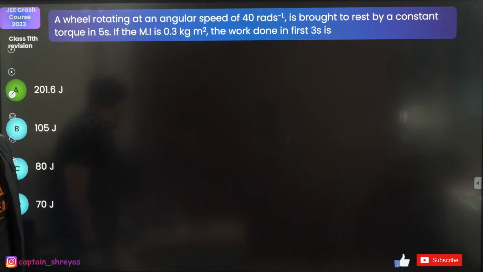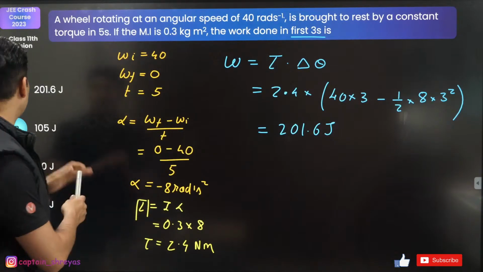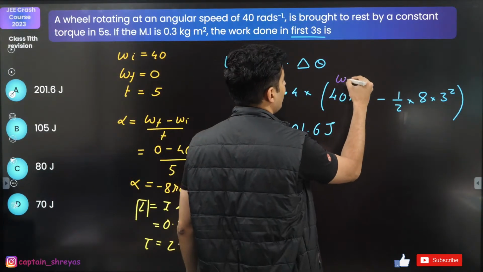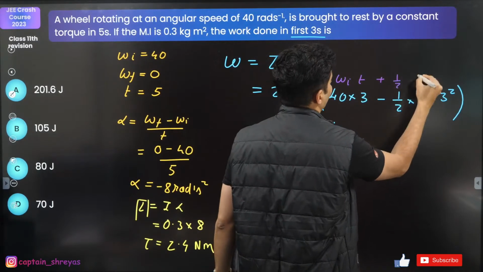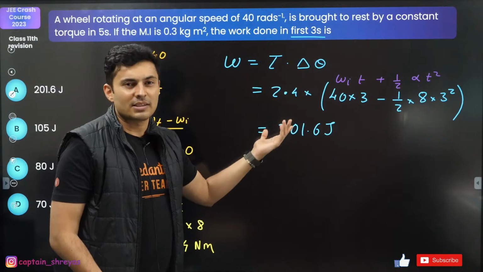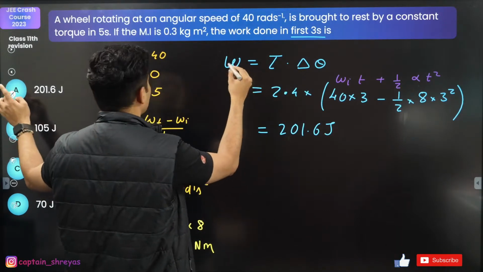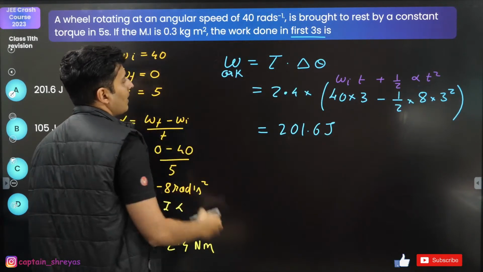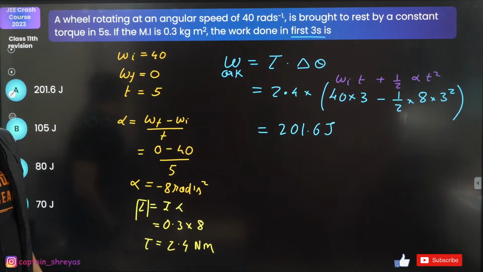What did you use, sir? Harshini? I used a kinematic equation, bacha. I used a kinematic equation in case you did not understand: omega initial into t plus half alpha t square. So I found delta theta. It was easier. So this was the work done. This is not omega. This is basically the work. This is the work. Okay.